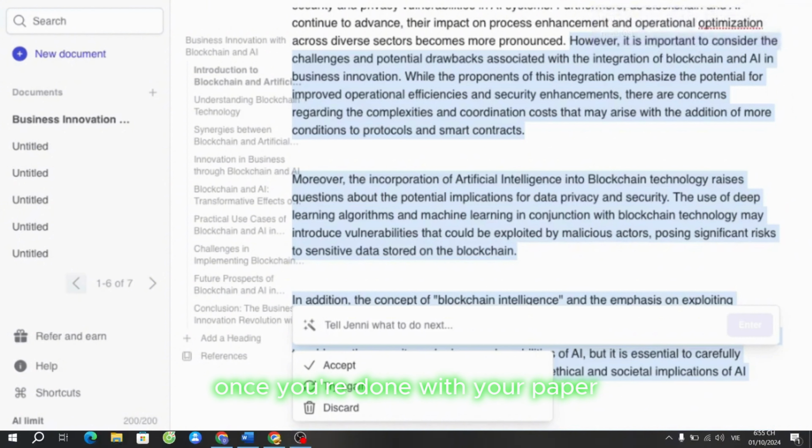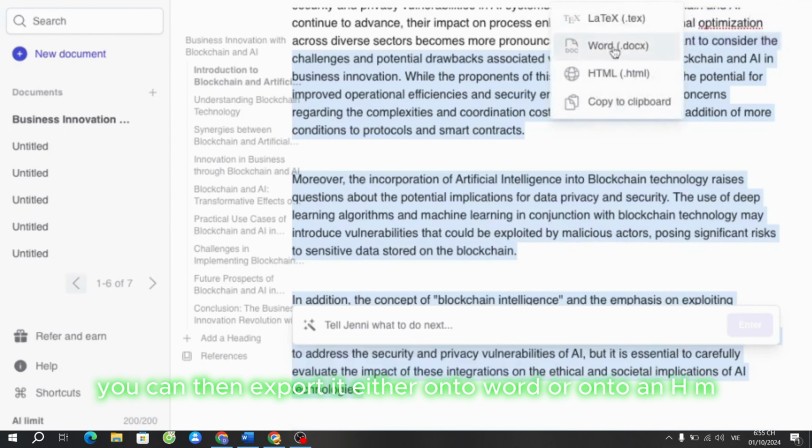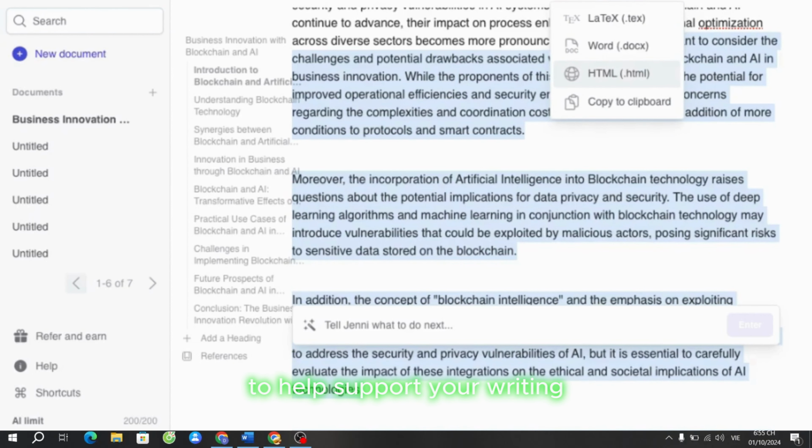However, once you're done with your paper and you're happy with it, you can then export it either onto Word or onto an HTML version. So as you can see, there are a lot of benefits to using Jenni AI to help support your writing, especially when you're struggling to come up with the next idea, finding an opposing argument, or even trying to write more in depth in your paper. You can use it as a support to your actual